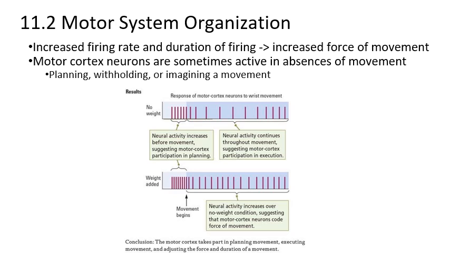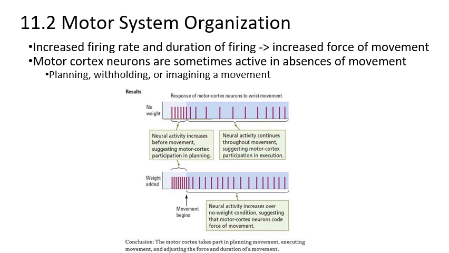Sometimes we might see neurons in the motor cortex firing even when someone is not moving, and this is coding for planning a movement as well as withholding a movement, so kind of wanting to do a movement but not doing it, inhibiting this. There's still sort of the motor plan being activated in the cortex, as well